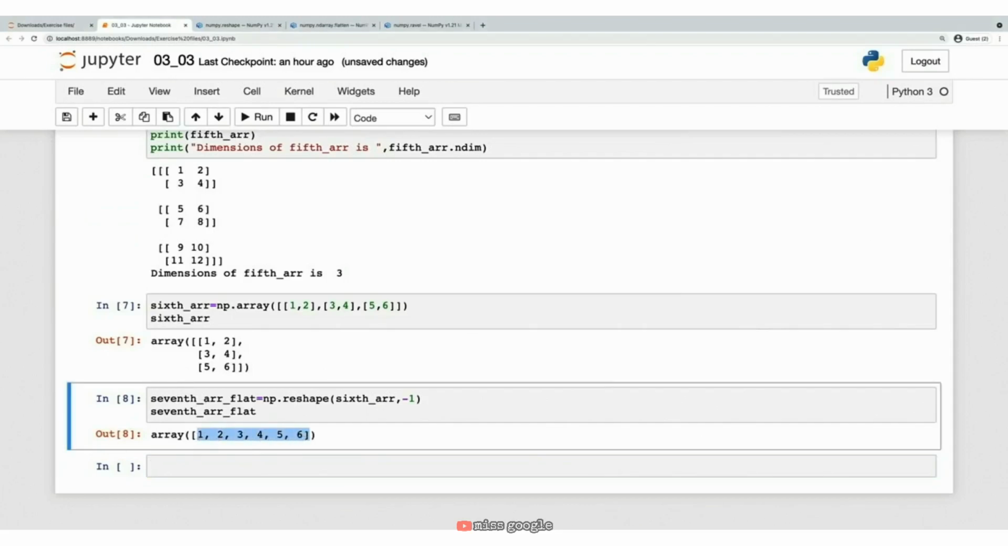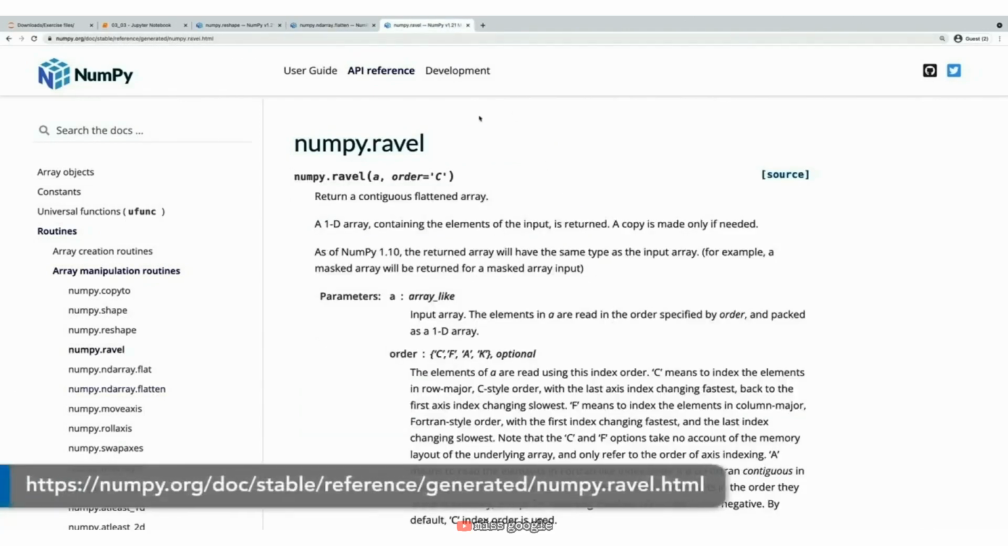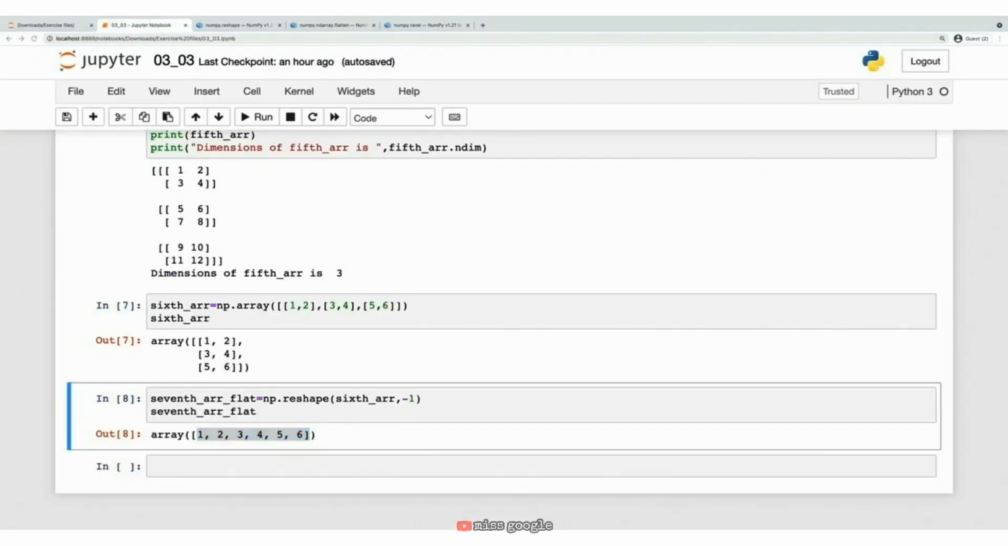Apart from using the reshape function, there are two other functions that can be used for flattening. They are called flatten and ravel. The difference between them is flatten will create a copy, so any change to a new array won't change the original array. Ravel will create a view, so any changes to a new array will be reflected on the original array. The benefit of using ravel is that it's memory efficient because it doesn't create a copy. For instance,